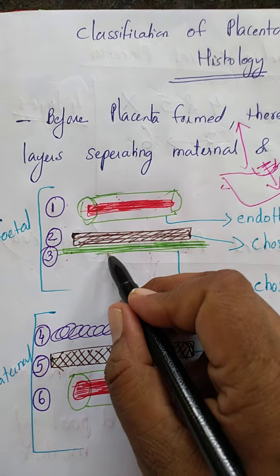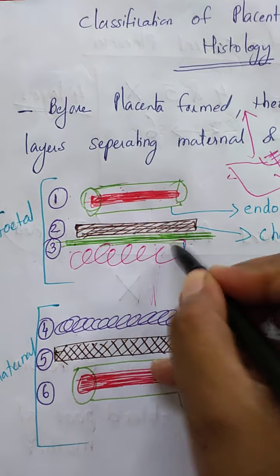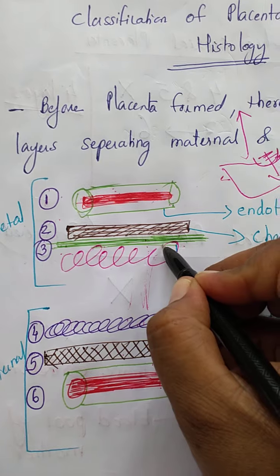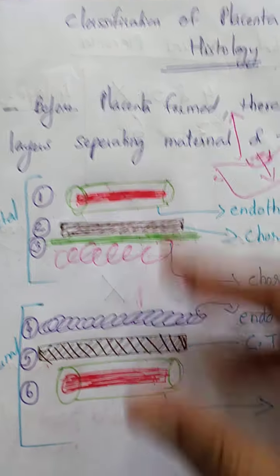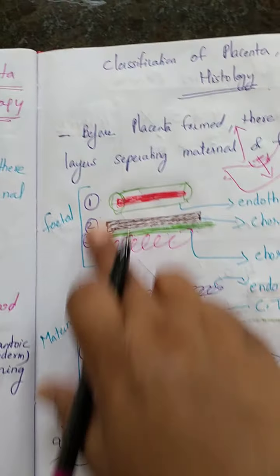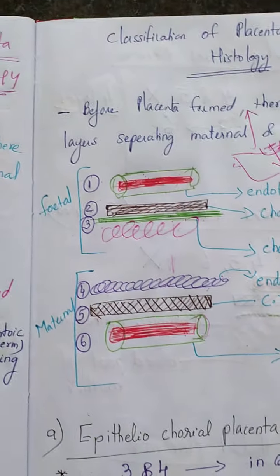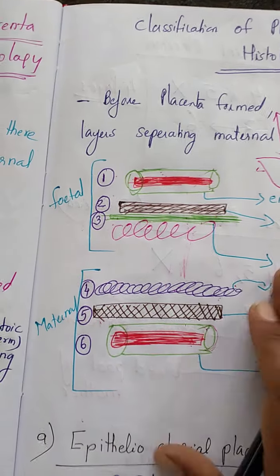Basically, after this will be this one, touching it. So there is not going to be any gap. This is for easy understanding; the gaps are shown. So these are the numbers. Just see the numbers because we will follow them easily. Okay, now based on this, let's see the types of placenta.